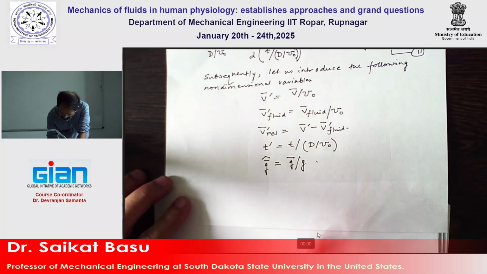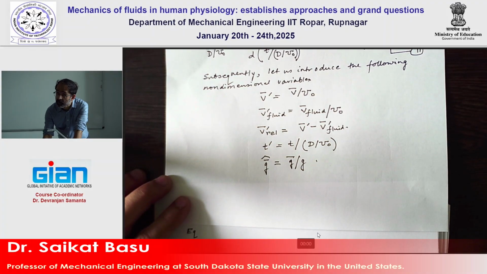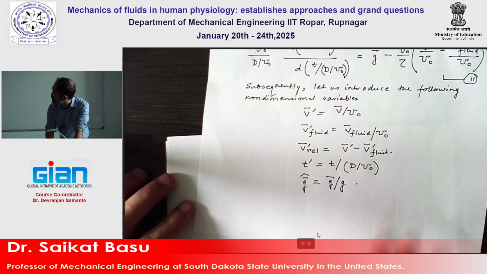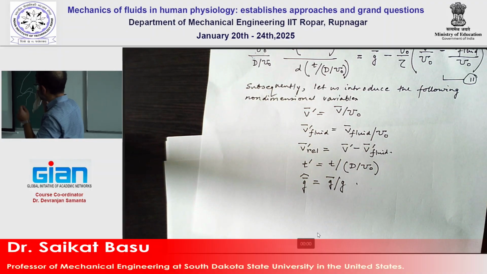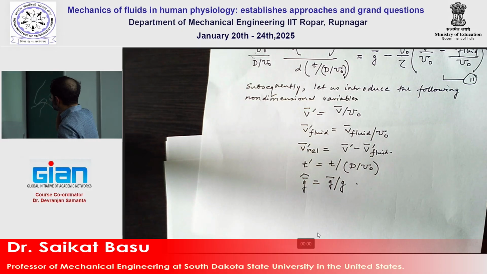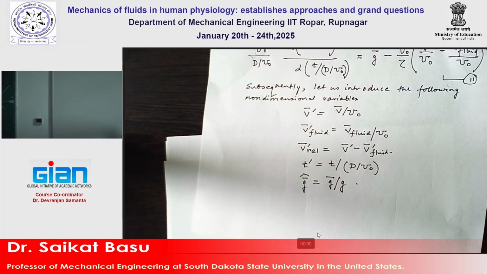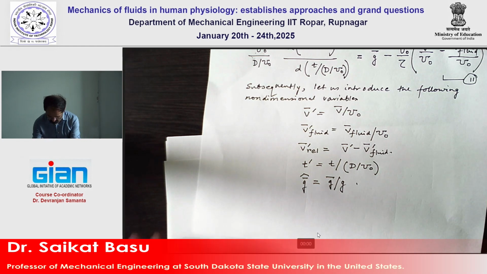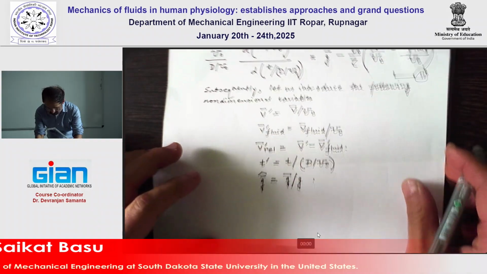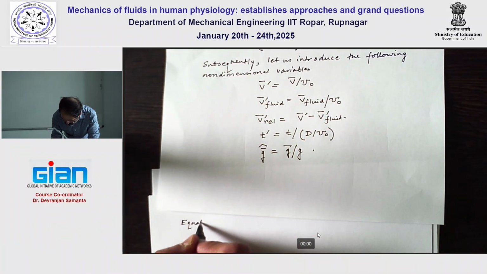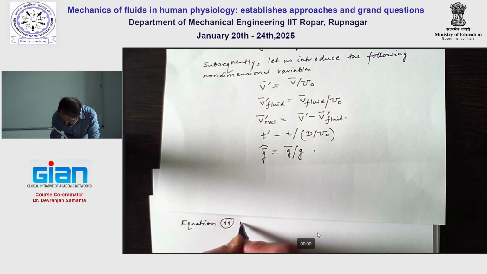The last variable, what is this? This is the G. So this is non-dimensionalized to the magnitude of G, so you need a vector. That's why you're using the hat. Okay, so we are calling this equation 11. So this equation 11, using these terms that I just introduced, would now reduce to